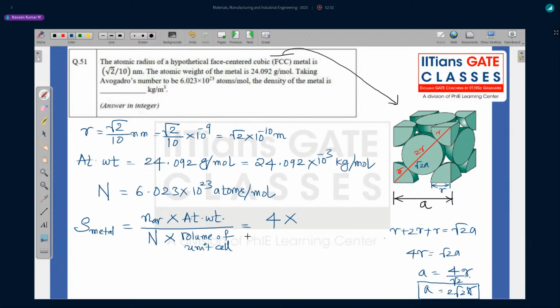4 into atomic weight. What is atomic weight? Atomic weight is given here, that is 24.092 into 10 to the power of minus 3, divided by,